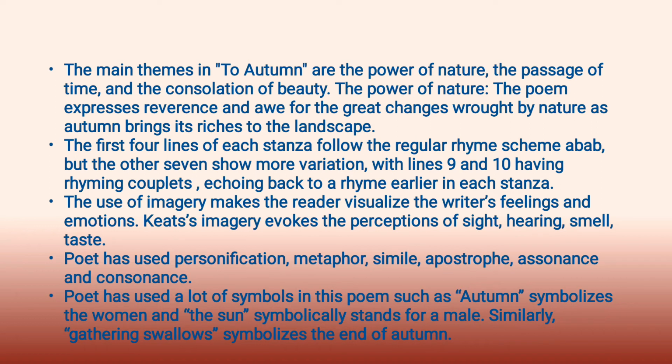The main themes in Ode to Autumn are the power of nature, the passage of time, and the consolation of beauty. The power of nature: the poem expresses reverence and awe for the great changes wrought by nature as autumn brings its richness to the landscape. Passage of time: the stages of autumn are illustrated by the poem's three stanzas, from ripening to harvesting to the turn towards winter. And the consolation of beauty: Keats' lines celebrate the great beauty of autumn